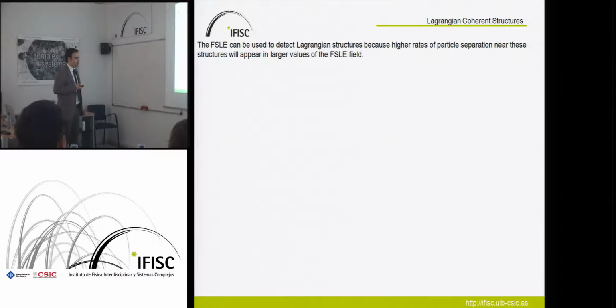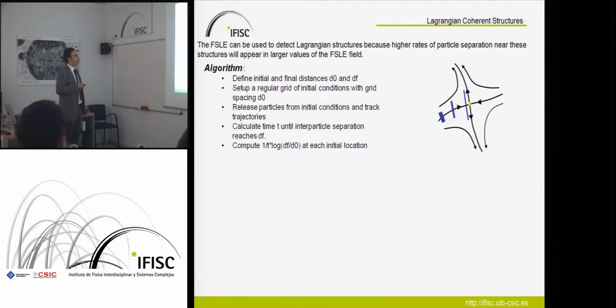And so, since we can use the FSLE to detect these Lagrangian coherent structures, we have used the following algorithm. So we take a domain and we define initial and final distances, and we set up a regular grid of initial conditions, and then we release particles from the initial conditions and track the trajectories. Of course, our purpose is to calculate the time it takes until the interparticle separation reaches the final distance. And then, by computing the finite size Lyapunov exponent, we can obtain a map of stretching intensity in this fluid